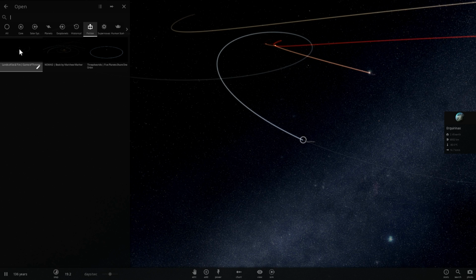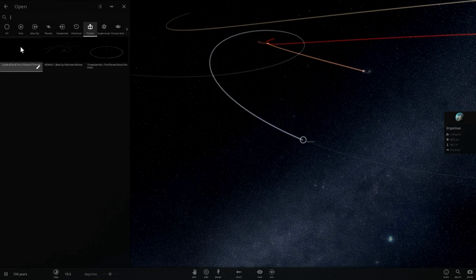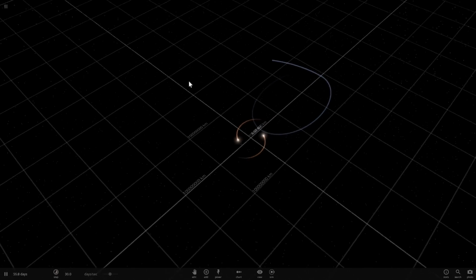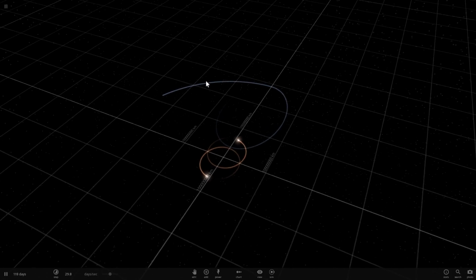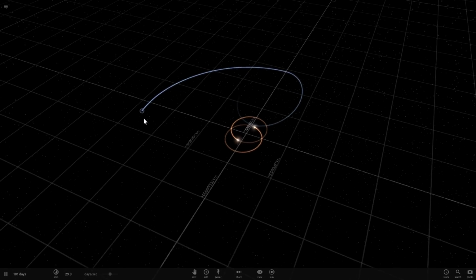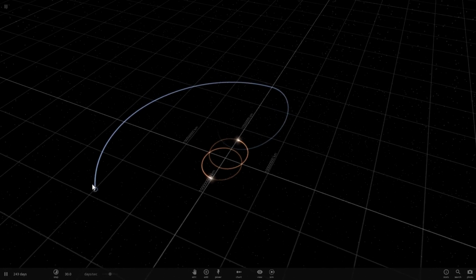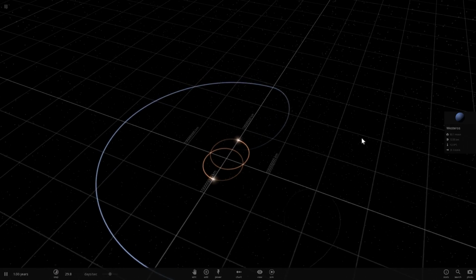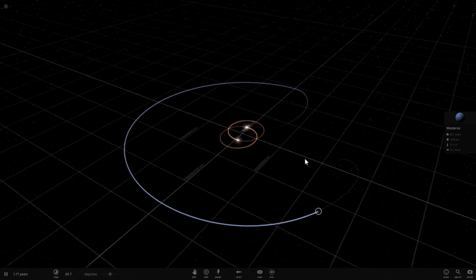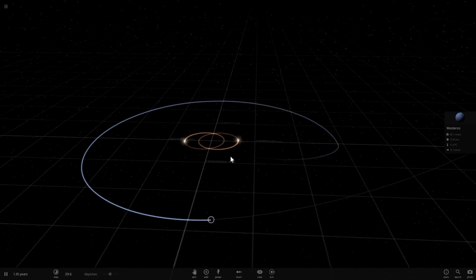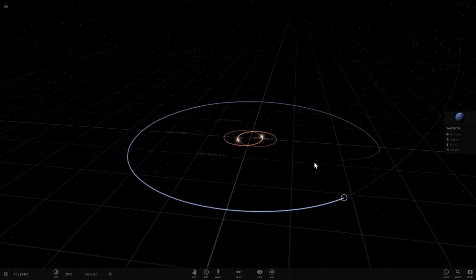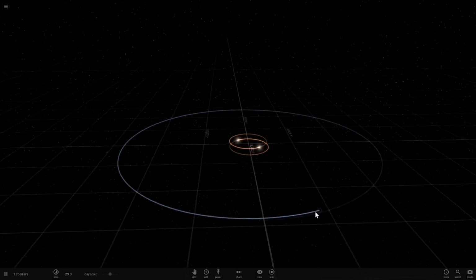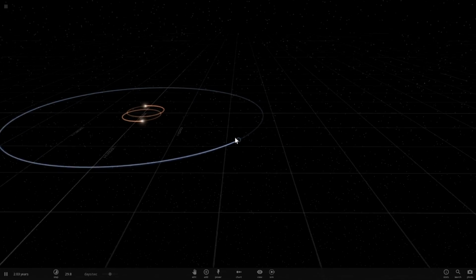And the first thing I'm going to do is actually go into fiction right here and click on the Lens of Ice and Fire. Now this is actually one of the coolest simulations that developers of this game made. This is their explanation for why Westeros has such strange seasons. What they propose is that maybe, just maybe, there are two stars that Westeros orbits, and if this is a circumbinary planet, a planet that orbits two stars, this is what would happen